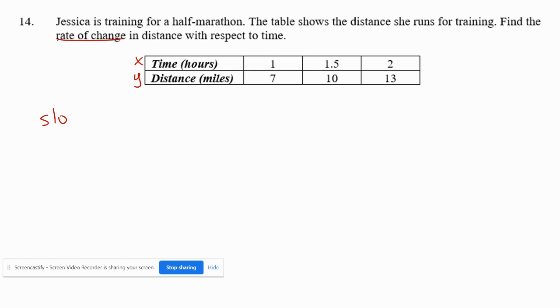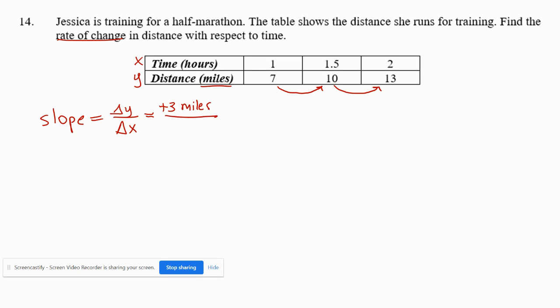Okay, so slope equals change in y over the change in x. Okay, so I'll show you a couple different ways to do this, and whatever problem you see on the test, you can sort of decide which method you like. So change in y, we want to go from left to right. So how do we go from 7 to 10, 10 to 13? Using the same pattern, it looks like it's going up by 3, and we're talking about miles, so that's +3